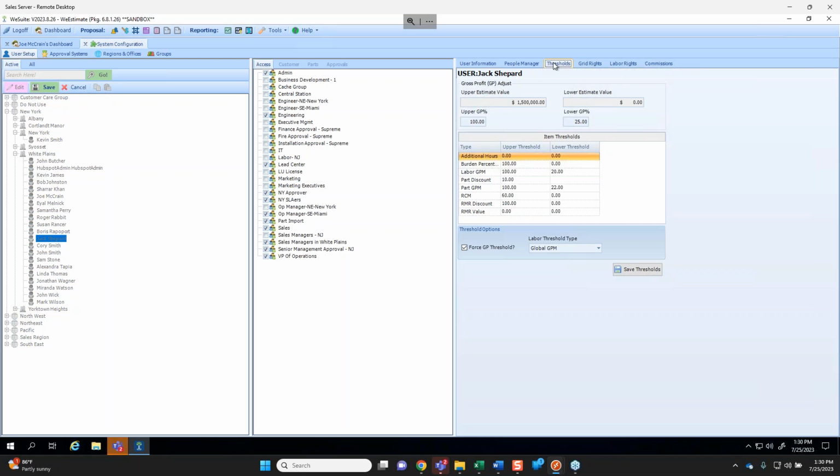But was this thresholds within a user where they cannot go above or below different aspects of the job. So because there isn't approvals yet in QuoteAnywhere, if you wanted to make sure someone did not ever go below this gross profit margin or above a certain discount or above a certain dollar amount or something, thresholds would be the way